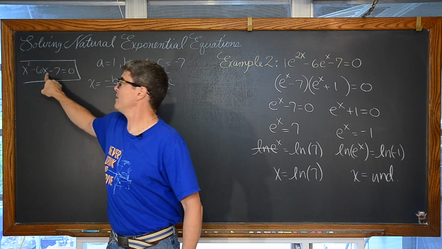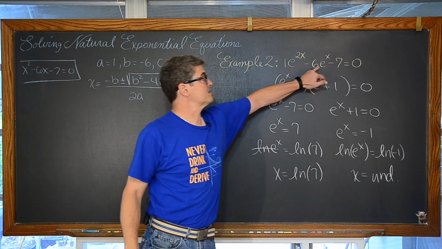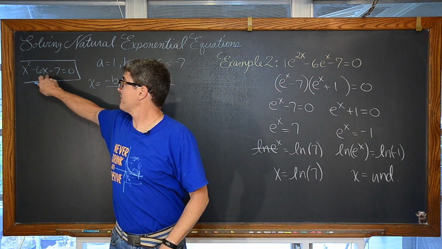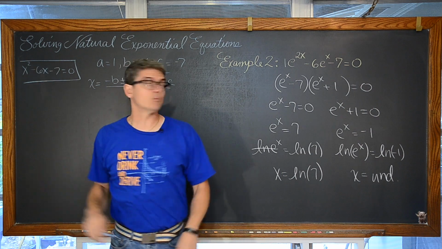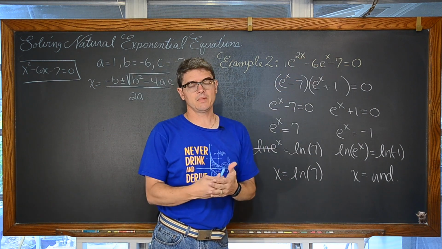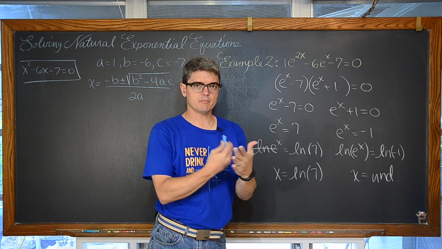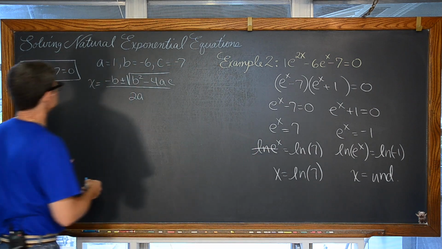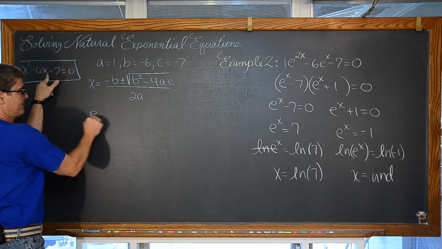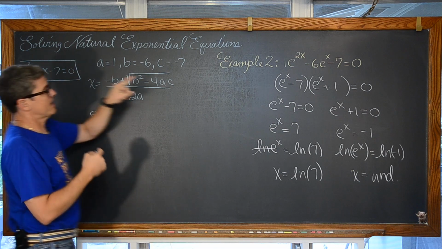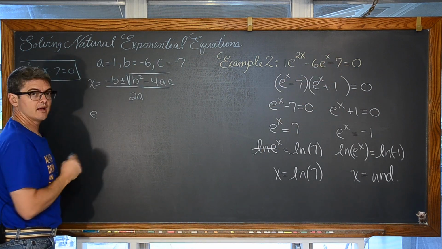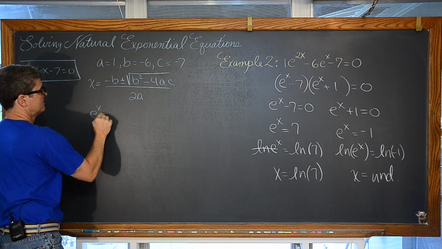Well, see, here our common base is x, and here our common base is e to the x, right? We have an x and we have an x. Of course, it's to the first power here, and this is to the x, something twice as big. Our common base is e to some power. I say that because I can't just write e here. It is e to that variable x. And so instead of writing x, I'm just going to write e to the x.